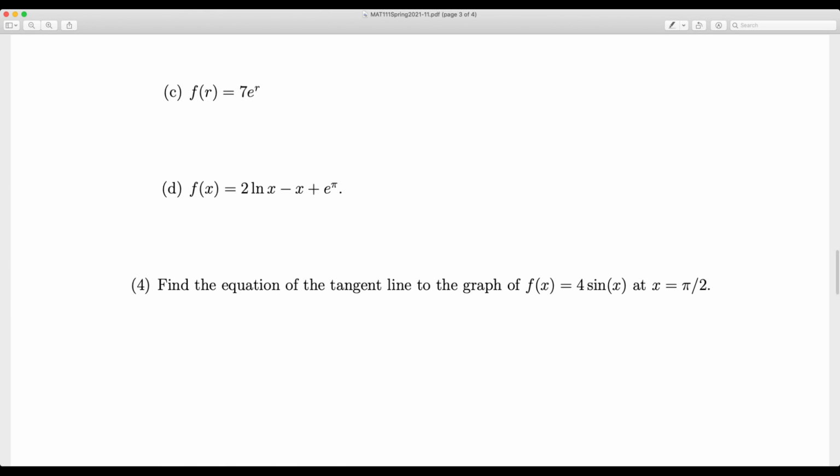So let's keep going. 7e to the r. What's the derivative of 7e to the r? 7e to the r. Okay. Because what's the derivative of e to something? Itself, right? And then the 7 just hangs along. Ah, but wait, there's more. Let's look at d. What's the derivative of natural log of x? 1 over x. So what's the derivative of 2 natural log of x? Okay, so 2 over x minus 1 plus,